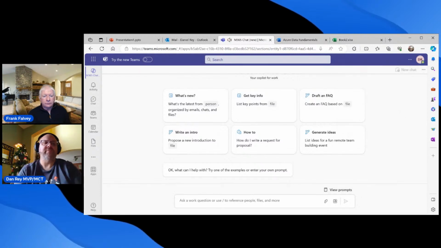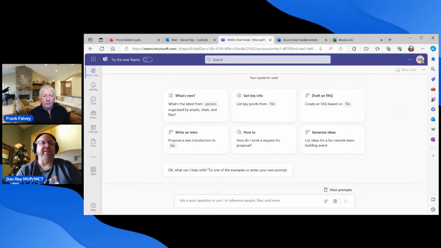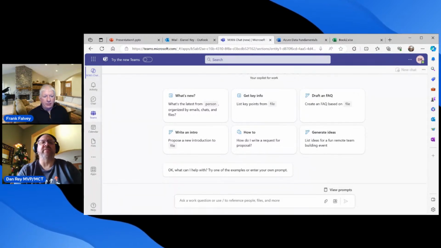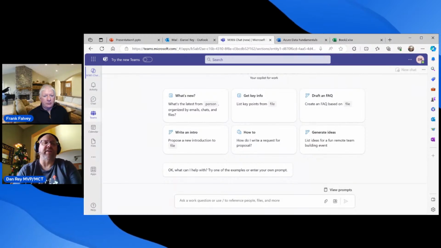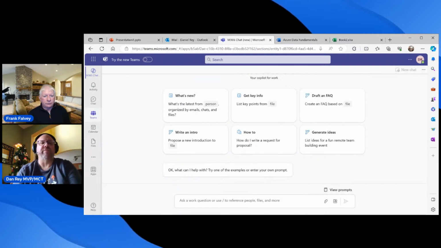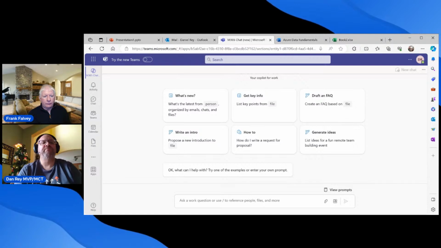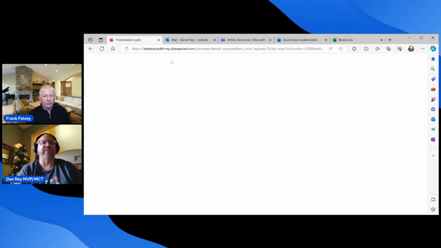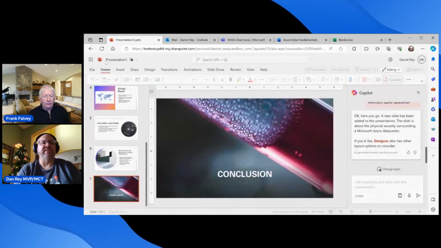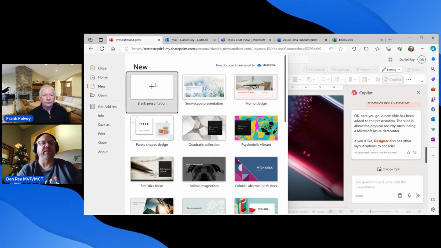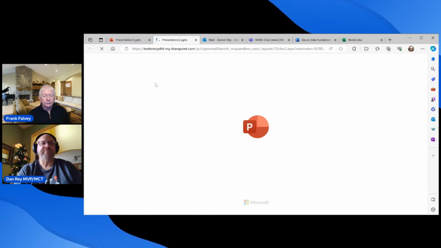If we end our meeting, we're back to just having Teams within a browser. And many of these same things show up in the full applications as well. So for instance, PowerPoint is probably the first place that I played around with the full version, and have had some mixed results with things that I've done in PowerPoint. So for instance, one thing that I asked it to do earlier today, we can do again and see if it does a better job with the results,